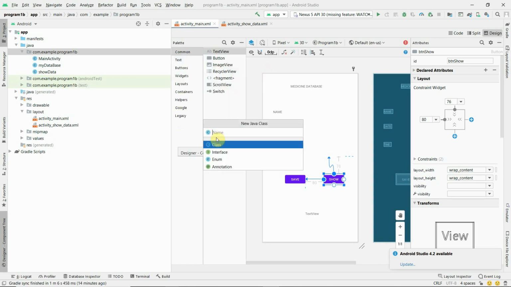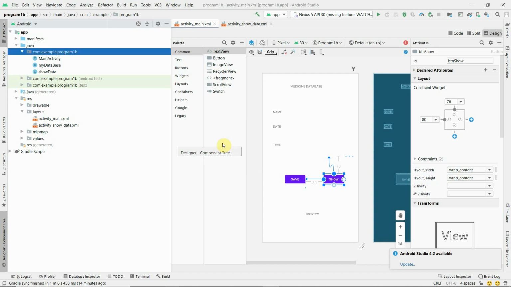Then we have to type the class name, that is database, and we have to select a class. We have already created a class my database.